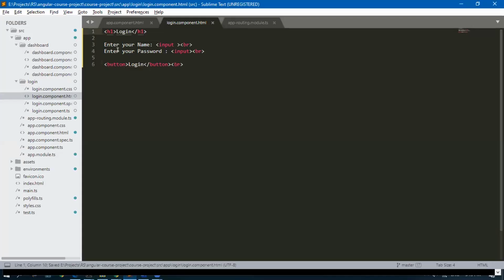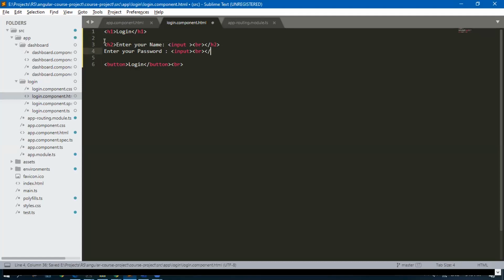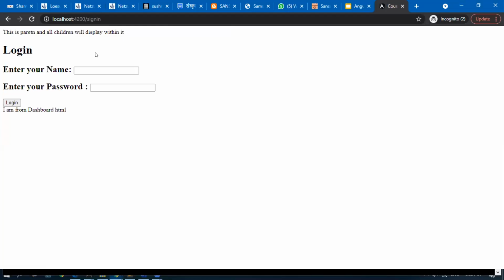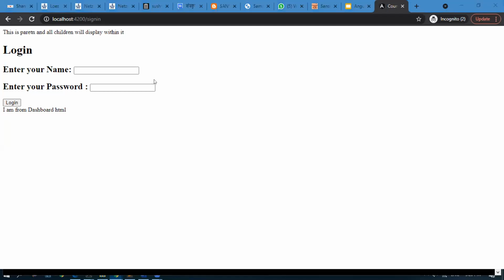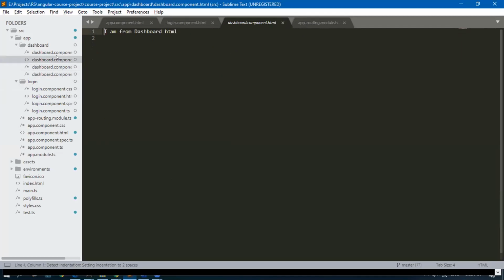So the login content comes. The login component has loaded here. Now this is the dashboard component here.